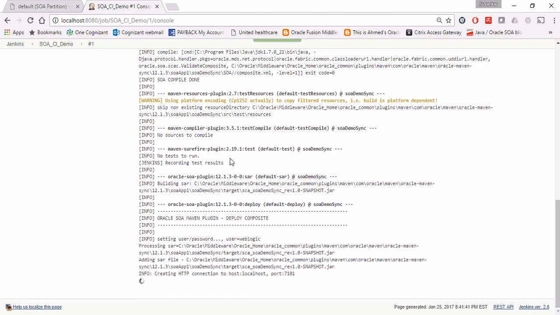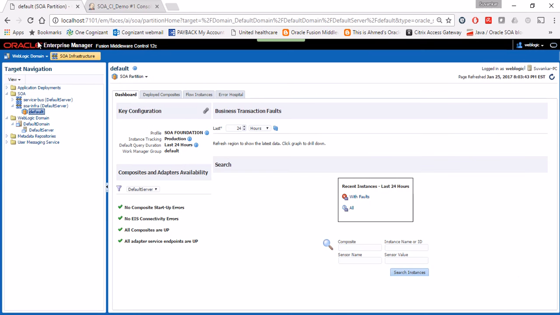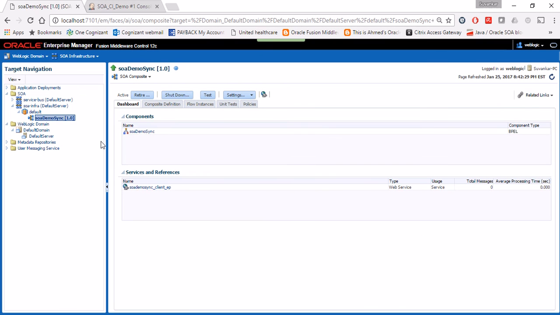So the compilation is going through fine, and is now trying to deploy it to the local server. So it says finished, and it should be able to deploy the service successfully. Now we can go to the server and check it out. So we have this new process now under default domain,